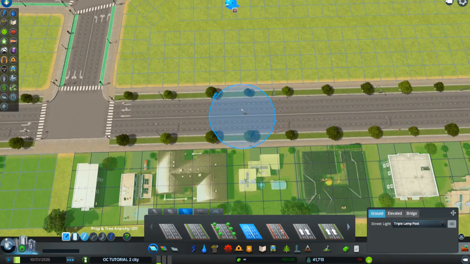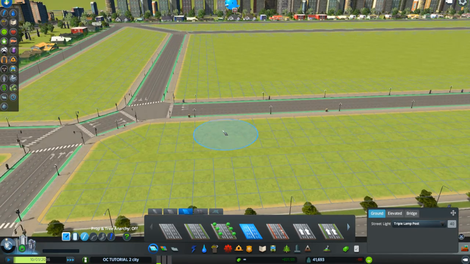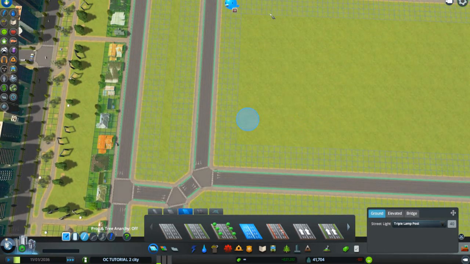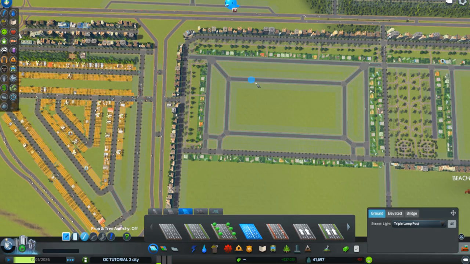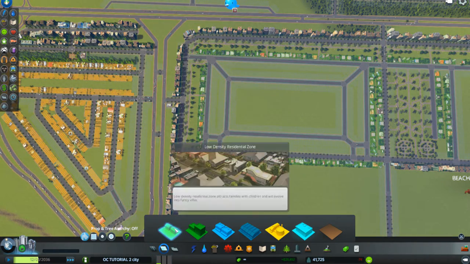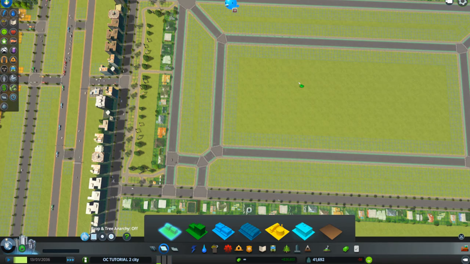Okay, now I have bike lanes and my pretty little lampposts. I'm going to put houses in here, and this center section, when we have time, we will put a park in. But right now we need residential, so we're going to go ahead and put in houses, just houses, not apartment complexes. Although that would be a big park in the center. Yeah. Okay, we'll put houses along this end